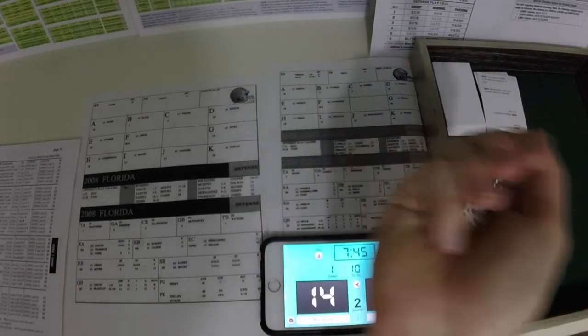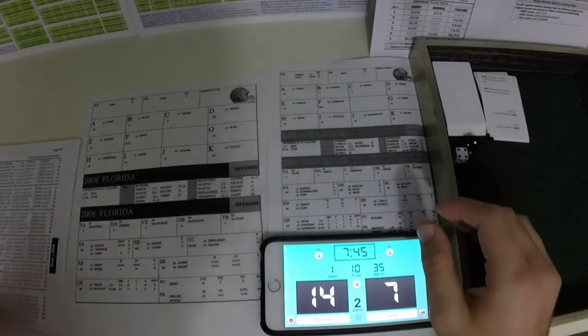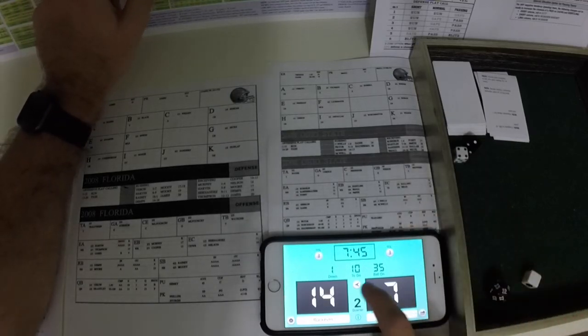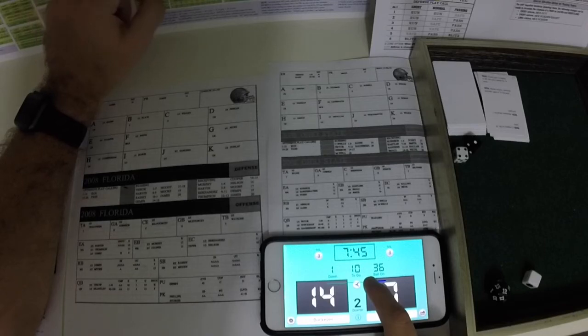All right, so let's get to the kickoff here, guys. That's a 14. So 14 says it's going to be a 69-yard kickoff there. So let's add it up here. So, all right, so that's going to be to the 36, and then we're going to go 60 yards here. So 1, and then bink, 2,